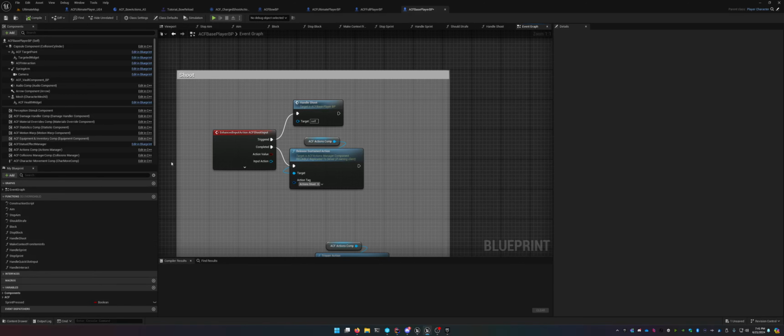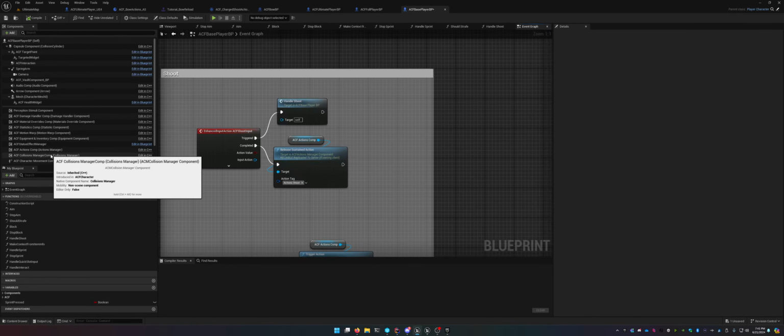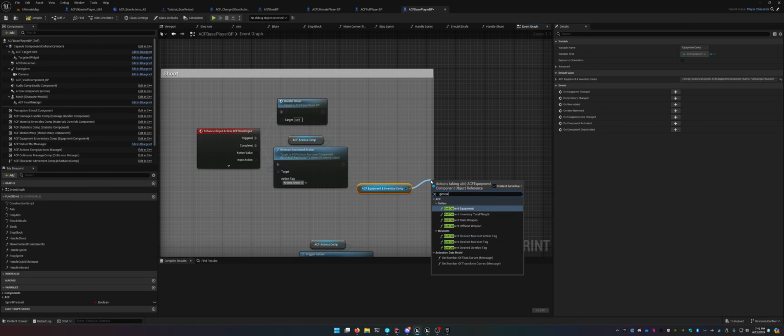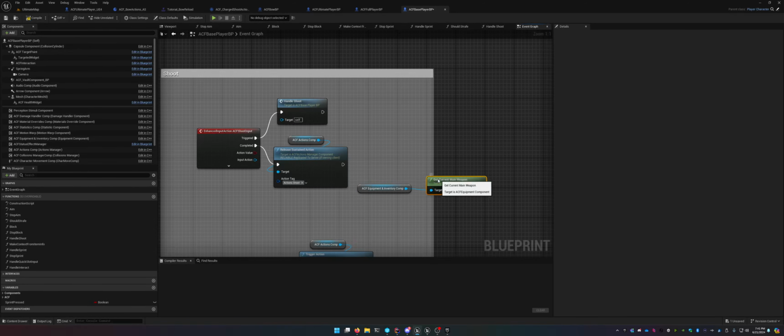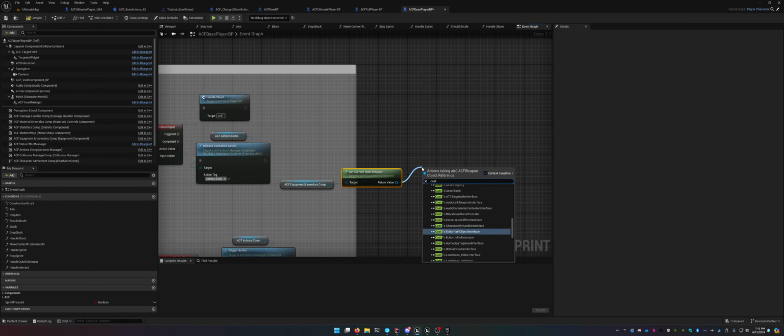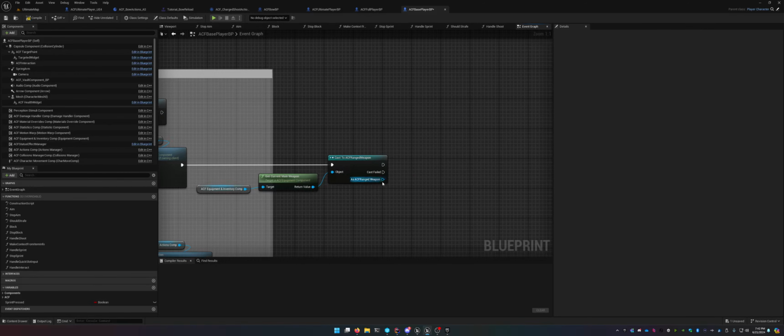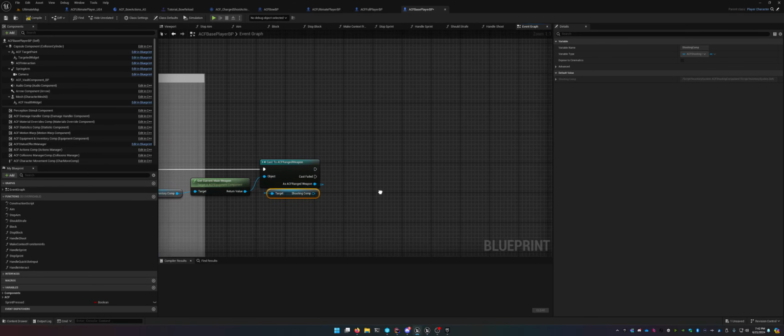what we can do is, on the completed, where we already have the release sustained action, we can grab our equipment and inventory component. We can get the current main weapon, which should be our bow. We can cast this to an ACF ranged weapon. And then off of the ACF ranged weapon, we're going to grab the shooting component. And this is kind of a quick and dirty way to do it. Maybe there's a better way,